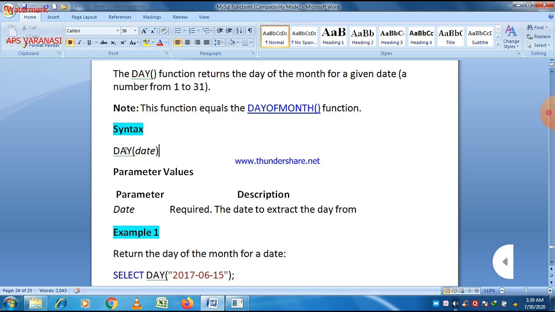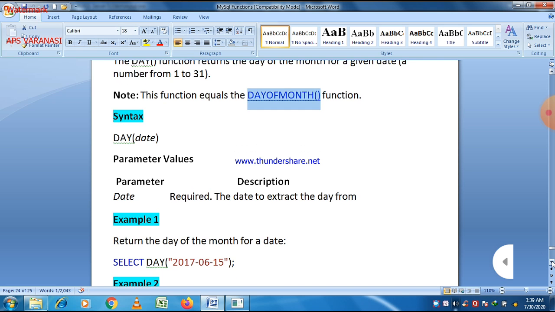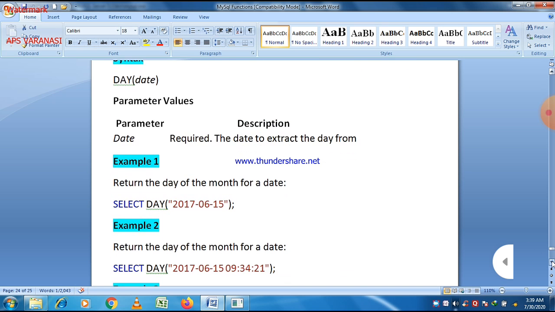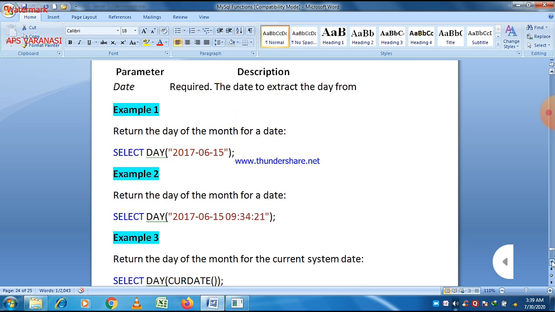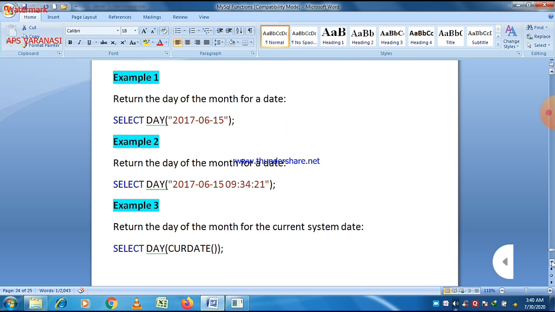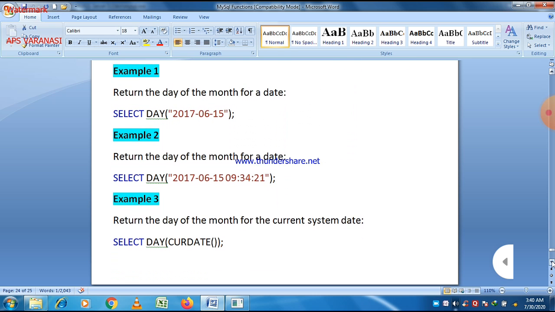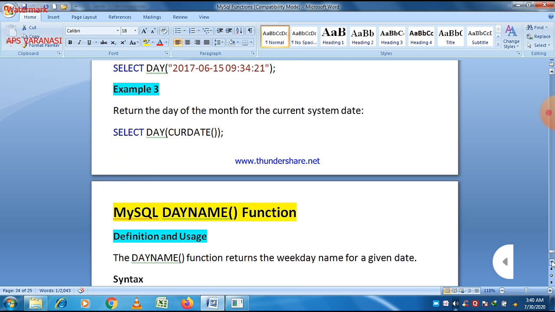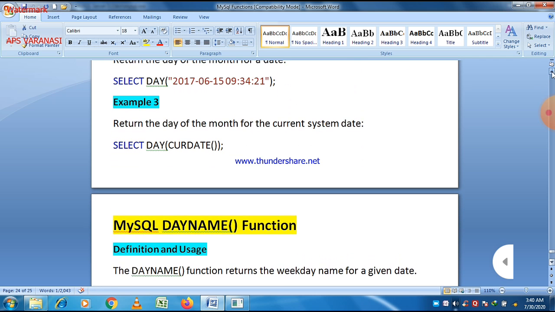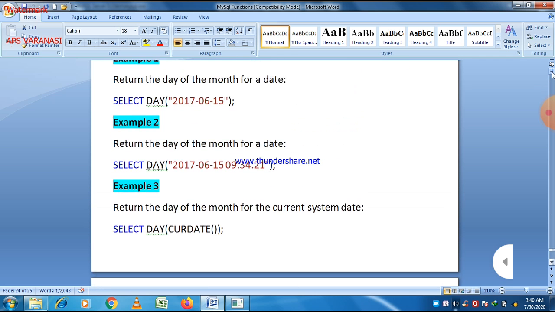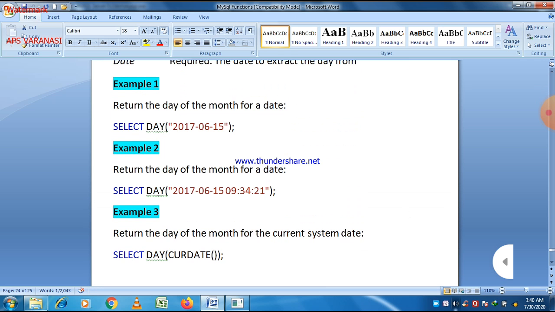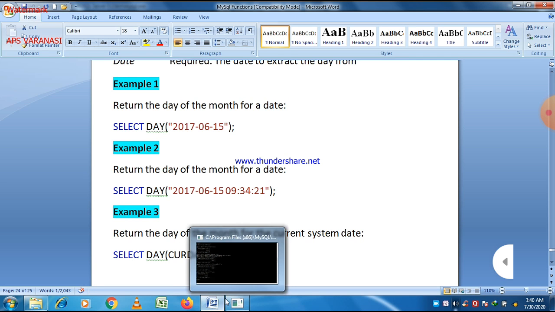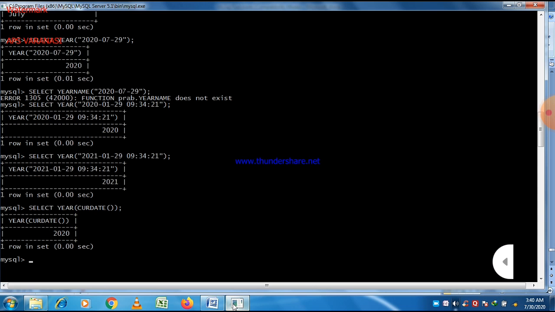An example is given here: select day 2017-6-15. 2017 is the year, 6 is the month, June, and 15th is the date. It will always give you a value, and you can also pass a timestamp, a date and time value.